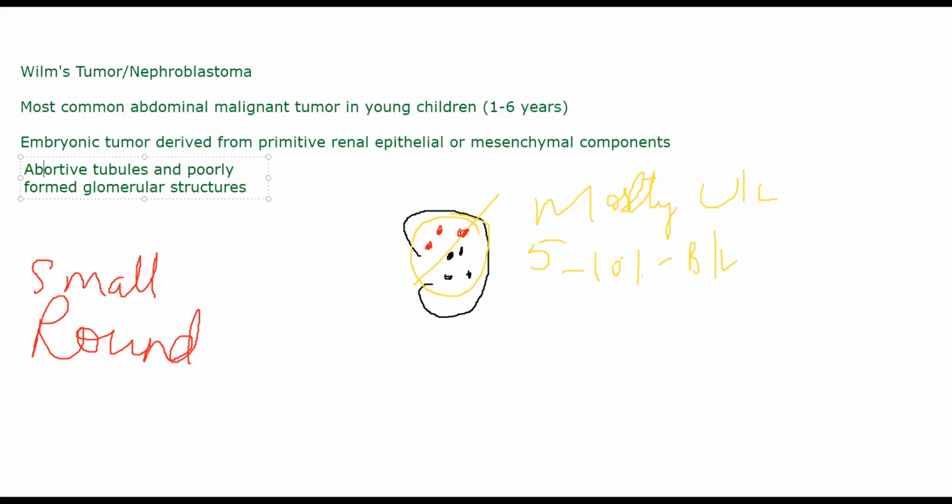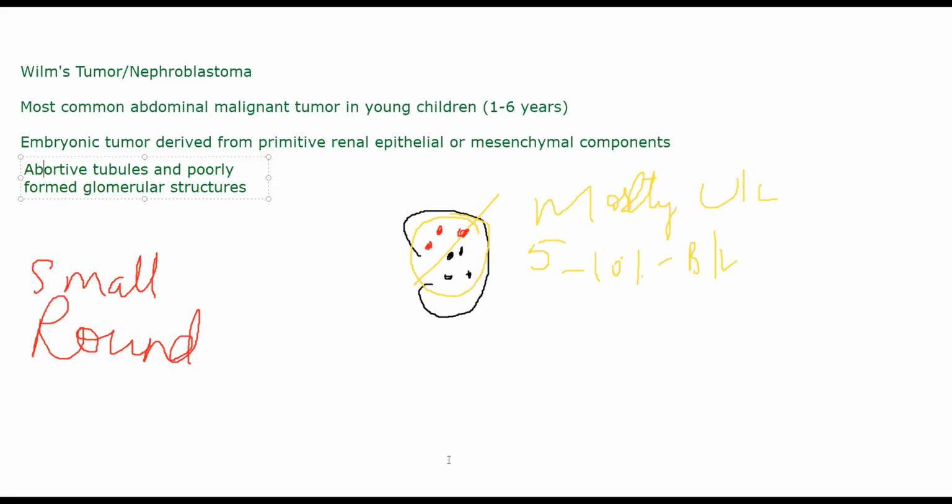get destroyed. Now in this tumor, because it can also be of mesenchymal origin, you will see smooth muscle or skeletal muscle cells, or sometimes you can see cartilage or bone components, osteoblasts present in the area, sometimes fat cells or fibrous cells, all the cells that are derived from your mesenchyme can be seen in this tumor as well. Okay, so that is about Wilms tumor and nephroblastoma.